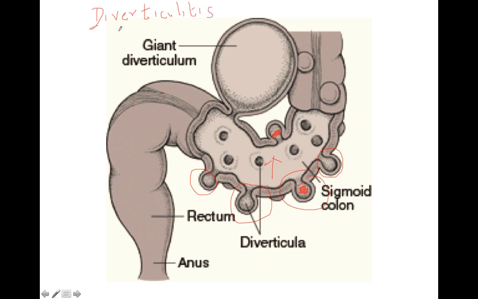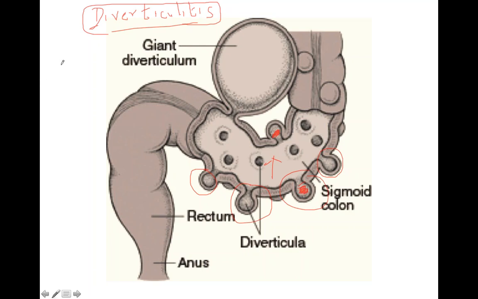So the patient has these diverticuli, is chronically constipated, and is older, like 65 or 70 years of age. He didn't report to the doctor. Maybe he has a small amount of bleeding, so he didn't notice, and one day he comes to you with severe acute abdominal pain in the left lower quadrant. So that's diverticulitis, inflammation of these diverticuli.